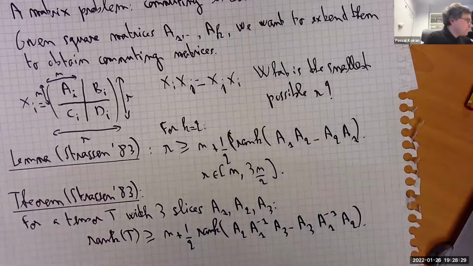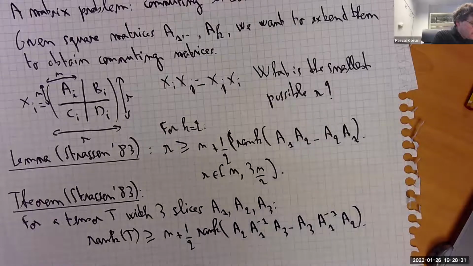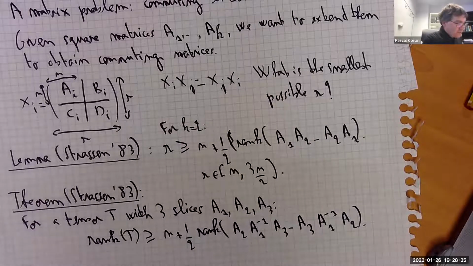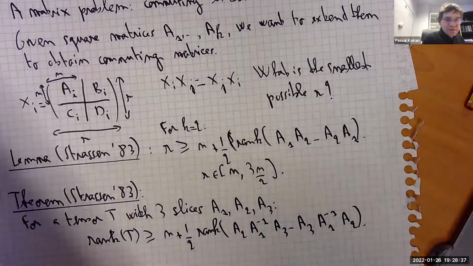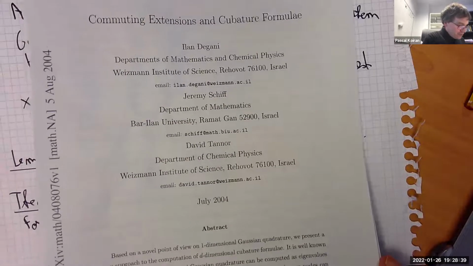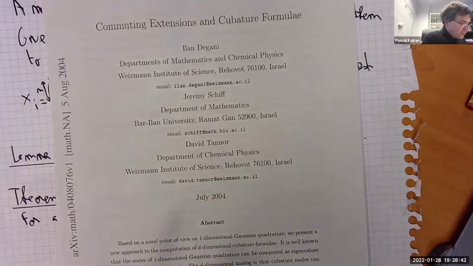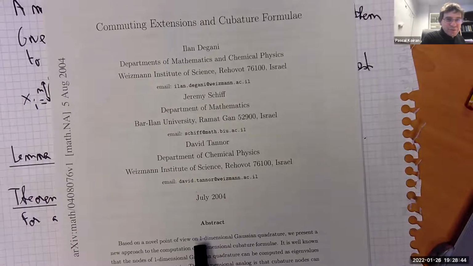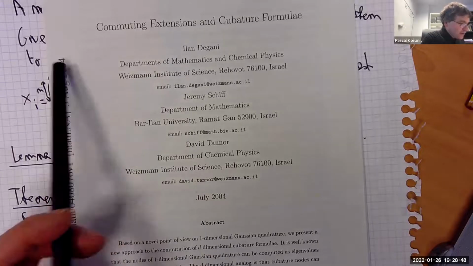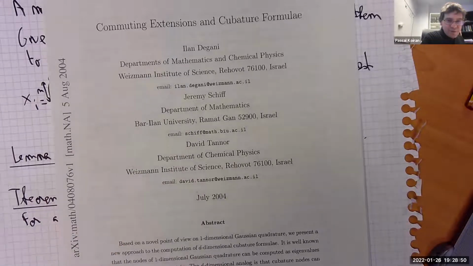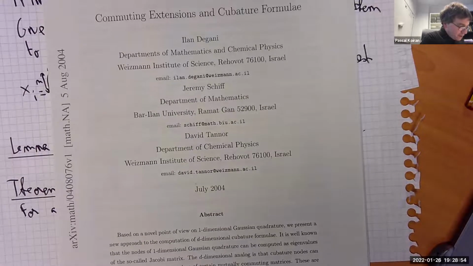It's quite a natural name, but where does it come from? It comes from this paper here that was pointed out to me by Guillaume Aubrin. It's a paper from about 2004 on arXiv, published a year later. And as you can see, perhaps it's a paper from the numerical analysis literature.